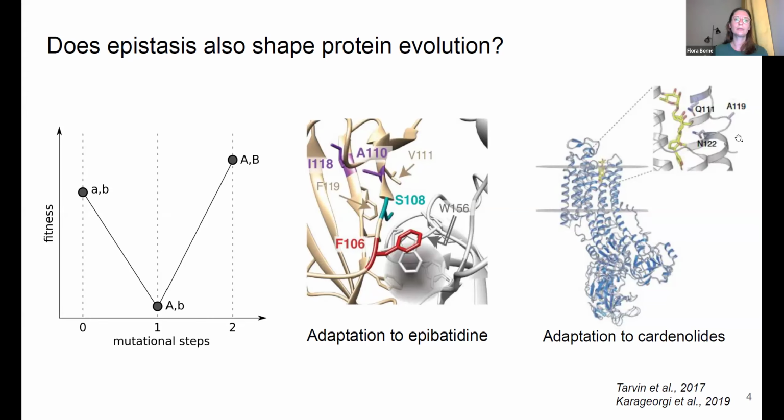So in this example, we see that you have these adaptive mutations that give some adaptive fitness, but at the same time, you have those compensatory mutations nearby. And it will create this clustering pattern of mutations in a very conserved region, supposed to be under purifying selection. And so it can affect this local evolutionary rate.